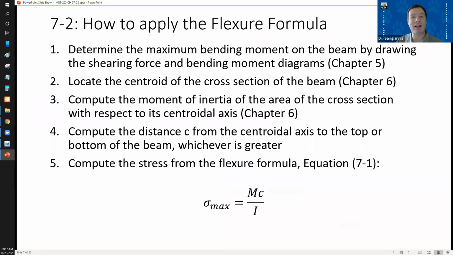All right, so how do we apply this formula? Oh, I thought I had bulleted this to show up one at a time. All right. Well, the first thing is, remember the stuff we did in chapter 5 where we did